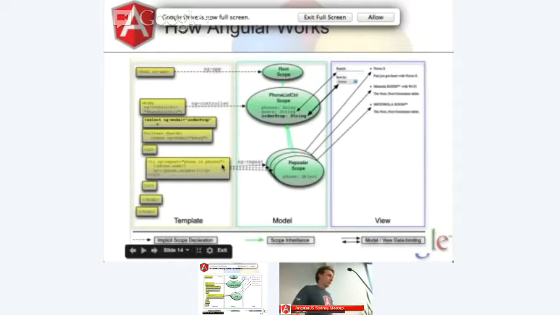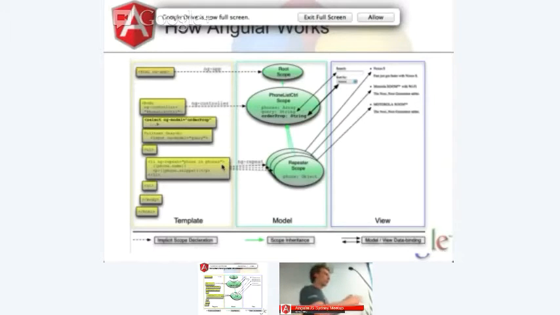So here's an example of how it all fits together. And I appreciate that this is kind of overwhelming for those of you who haven't had a lot of Angular experience before. But it shows a few important things. One is how the scopes attach to the DOM. You can see that there's a root scope at the very top, and this is the ultimate base of all of the other scopes. Then building up over the DOM tree, which you see on the left, you can see that some of the elements, but not all, have various scopes attached to them. So you can see how the data mimics the structure of your document, which gives you a good conceptual model for where the data lives.